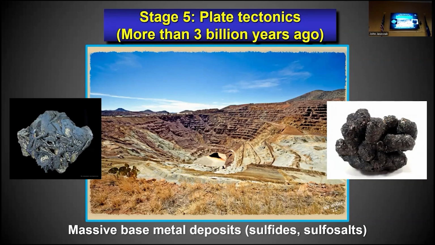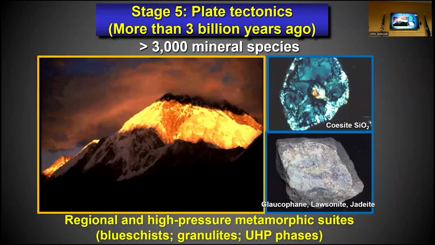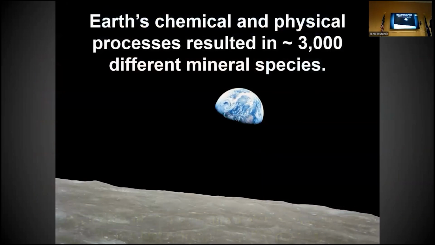before this point. You also have tectonic mountain building, which also creates high pressure, stressful environments where new minerals form, and also plate tectonics brings some of those high pressure minerals to the surface. So for the first time, you have all sorts of interesting high pressure minerals that never before graced the surface of our planet. And that's stage 5. And those first 5 stages give us about 3,000, maybe 3,500 or so minerals, purely physical and chemical processes. And that's it.